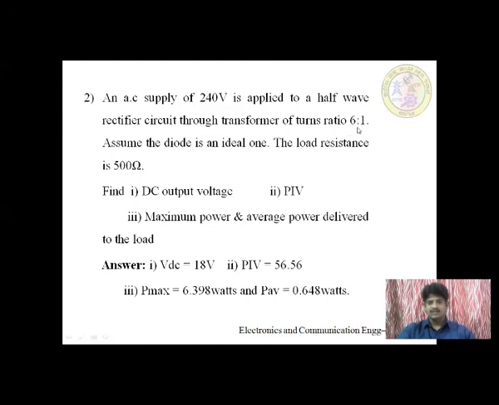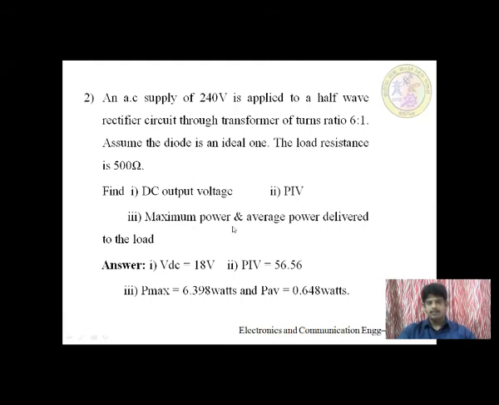We'll get the VM, and they have also given the load resistance, RL. So now we have the VM. By calculating this, we'll get the VM. So we have the equation for finding the VDC using the VM. So DC voltage can be calculated. VDC and VM equation you have to use. Then PIV, we know that the VM is equal to the PIV when it is connected in the reverse bias condition. So you will get PIV easily.